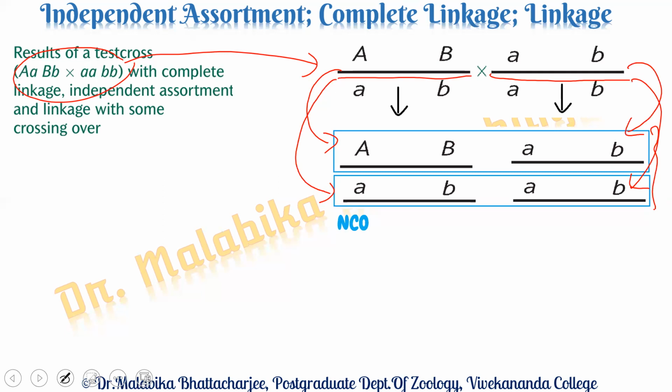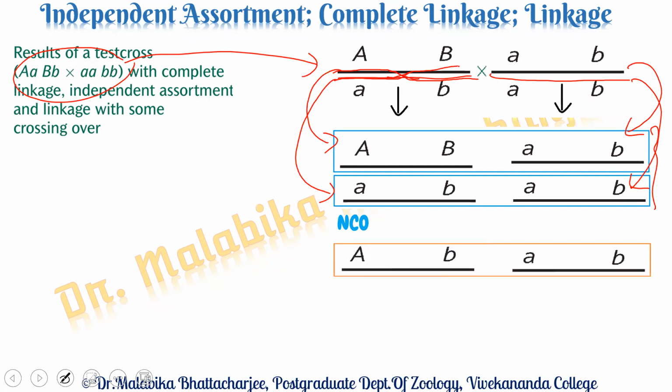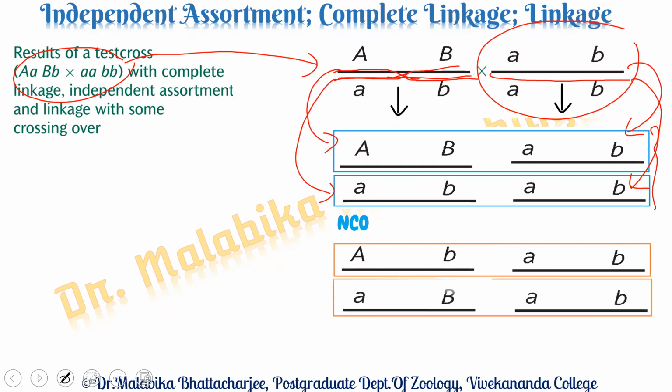Now, there might be a phenomenon of crossing over occurring between the two genes A and B, assuming that there is no linkage between them. So whenever there is crossing over, what conditions might we get? We will get a capital A, small b, and a small a, capital B. Let's look into the first category of gamete. We are getting, as I said, a capital A, small b. Since these are similar type, the gamete obtained will be small a, small b. And the second category of gamete that will be obtained from here is small a, capital B.